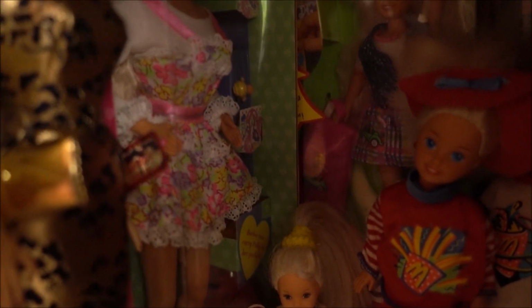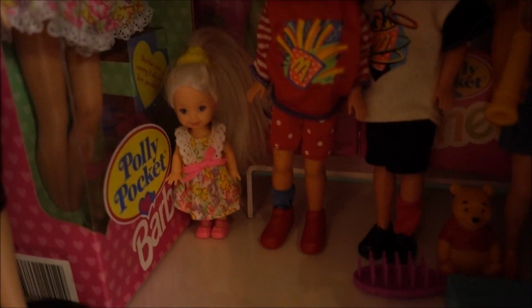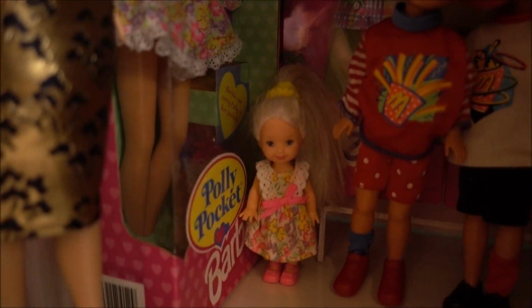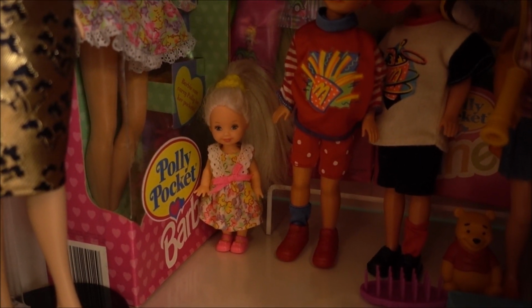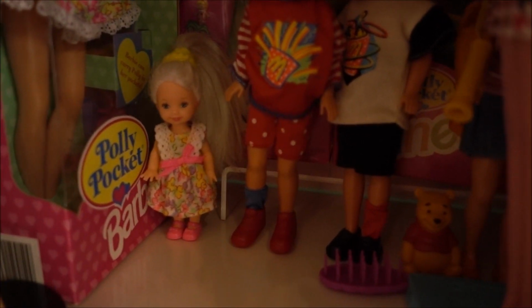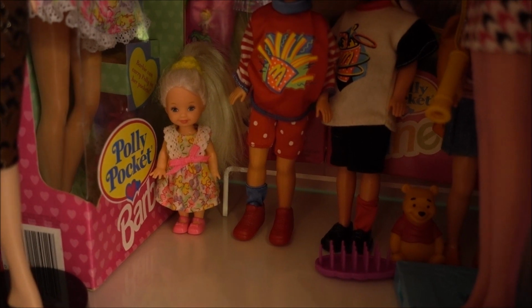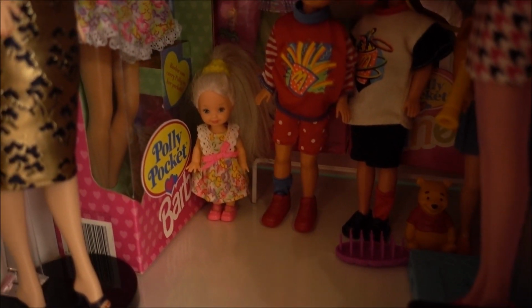That is exactly the same fabric as the Polly Pocket Barbie. So I kept them together. I love this outfit. I love this dress fabric, this pattern. It looks so cute, and I had to put her with her bigger sister, Polly Pocket Barbie. So this dress was actually not made for Polly Pocket Kelly or something. This dress came in a fashion pack together